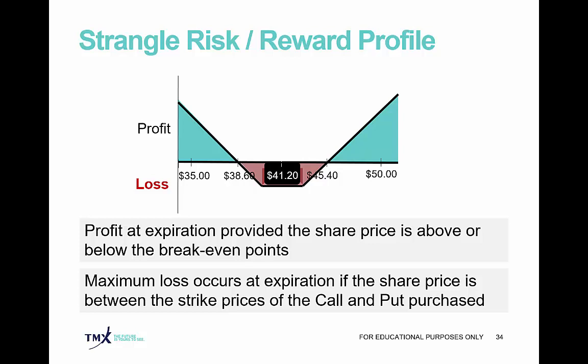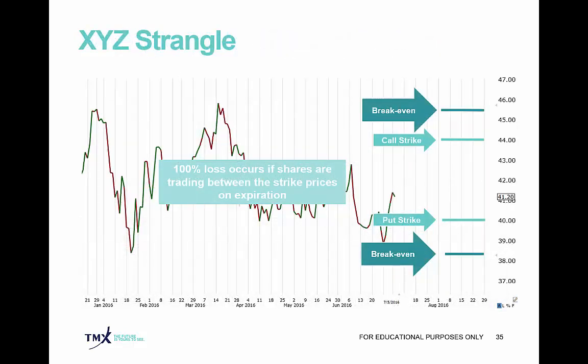So we profit at expiration provided the share price is above or below the break-even points, the exact same consideration, but the maximum loss occurs at expiration if the share price is between the strike prices of the call and the put purchased. And so you can maybe identify that a little bit more effectively by looking at the example using a price chart, where in our straddle example, the break-even point was fixed at the 42 strike. So right here, so anything above or below that, those option contracts would have intrinsic value, and we'd actually salvage some of our net